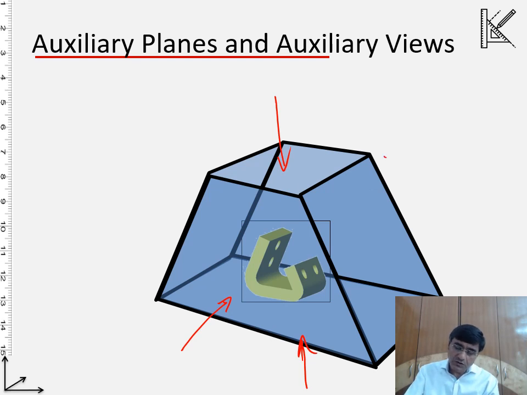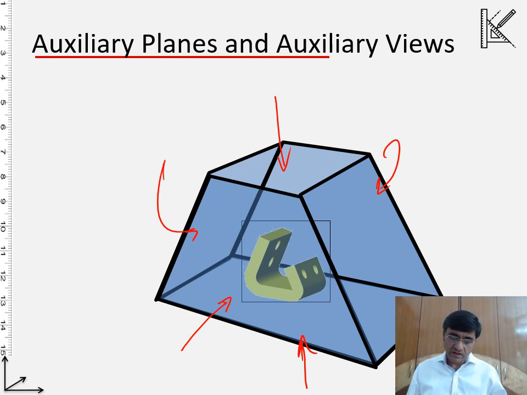But let's look into these two, this one and this one. These two planes, I have made them intentionally parallel to the surface here. So this surface is parallel to this plane. And why has it been done?